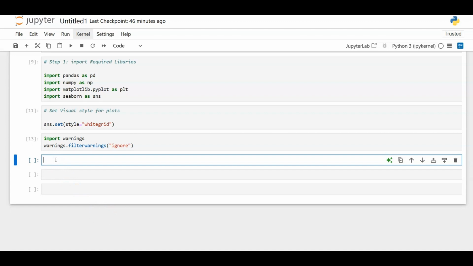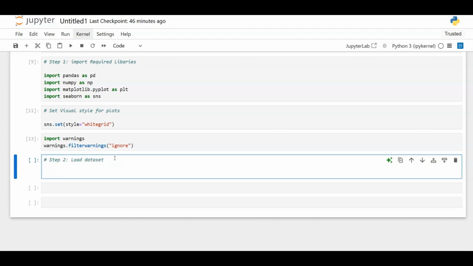Okay, so now I will go ahead and go to step number 2. I'm going to load the dataset. We're going to use the Titanic dataset. This is commonly used for data analysis tutorials. You can also replace this with your own CSV file, but in this case we're going to go ahead and do step 2, and we're going to load the dataset. And I want this to be a note, so I put the number sign in front,